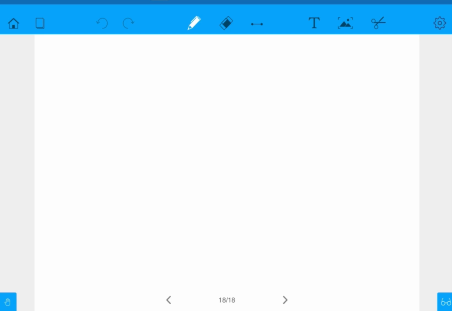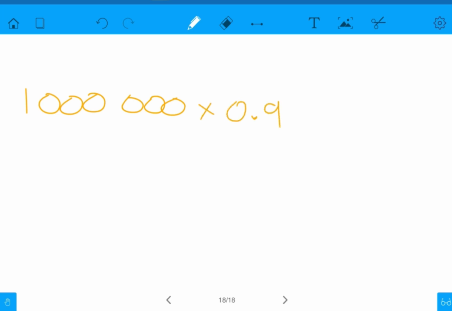Because the number of hedgehogs will decrease by 4% each year, that means the number of hedgehogs will be 96% of whatever the number was a year ago. So there's 1 million right now. That means in 1 year's time, there'll be 96% of 1 million. But because we need to work out the expected number after 5 years, then we'd raise the 0.96 to the